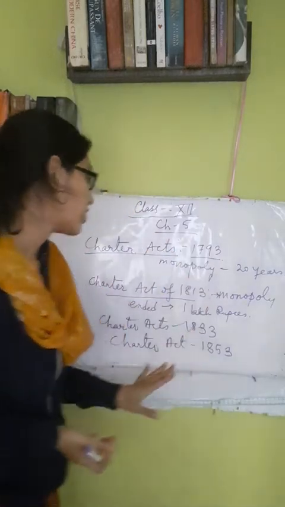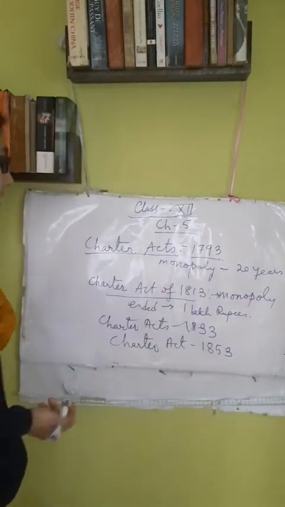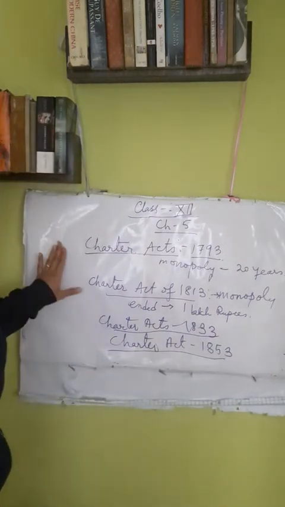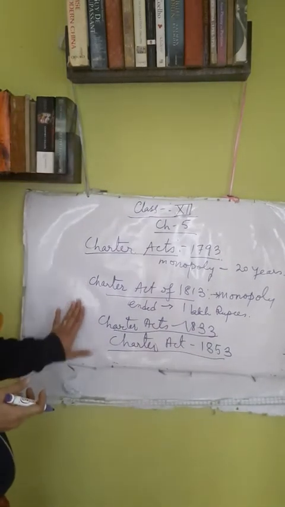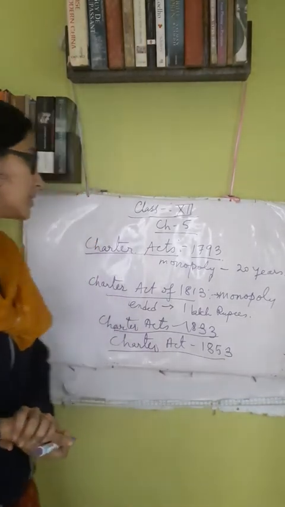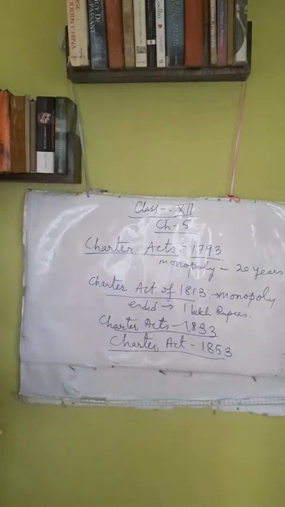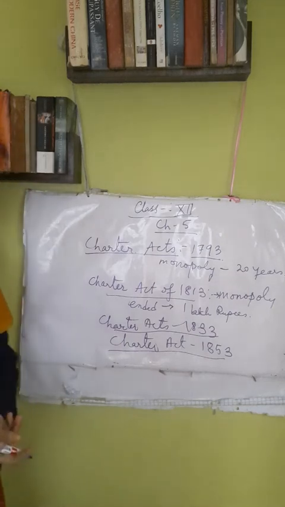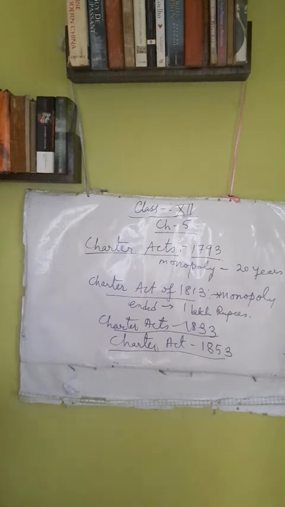So these are the Charter Acts. These are the 4 Charter Acts, and among these 4 Charter Acts, we know all are important. Definitely you have to learn all. But mainly 1813 and 1833, these 2 Charter Acts you will learn very well, because these 2 are very important. Because in 1813 we see the monopoly of the company came to an end. And in 1833, we see that the British established their complete control over the Indian administration. These are the Charter Acts, and all 4 Charter Acts are very important for your exam.